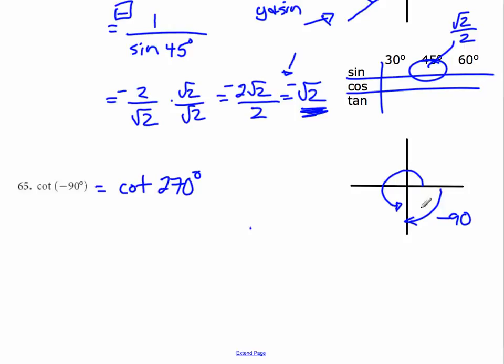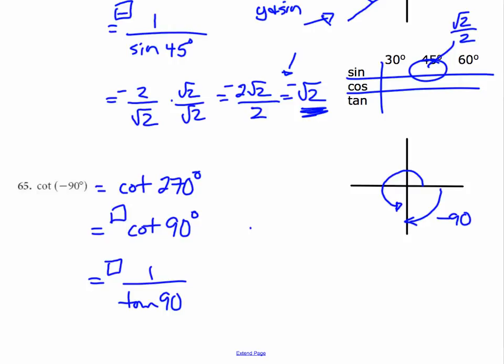Now the reference angle to the closest 90 degrees, or the closest x-axis, is 90. So really the cotan of negative 90 or the cotan of 270 should be the same as the cotan of 90 degrees with an appropriate sign change if needed. Okay, you always have to remember that sign there, whether it's plus or minus. Now cotan of 90, well, I don't know what that one is. However, if I go to my chart up here, tan 90 is not on my list. So maybe what I can do is, instead of cotan, it's 1 over the tan of 90 with an accompanying